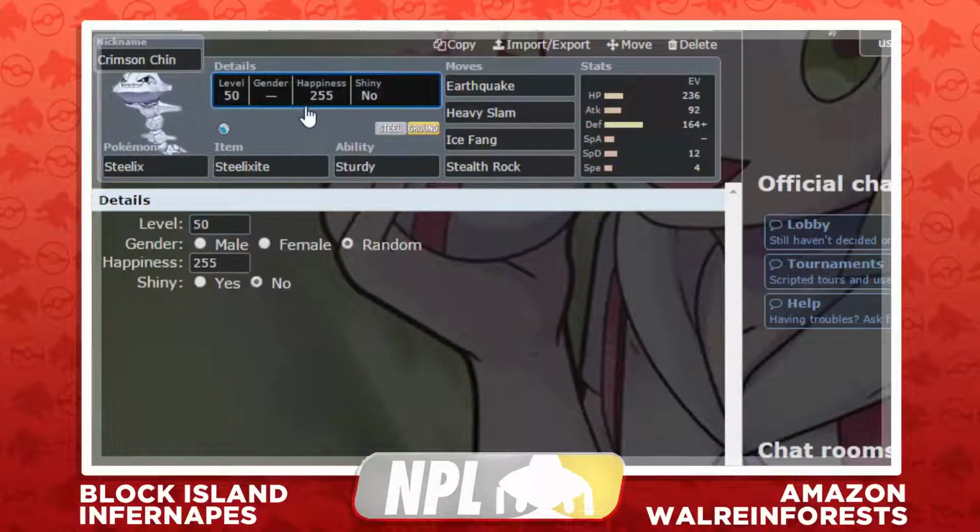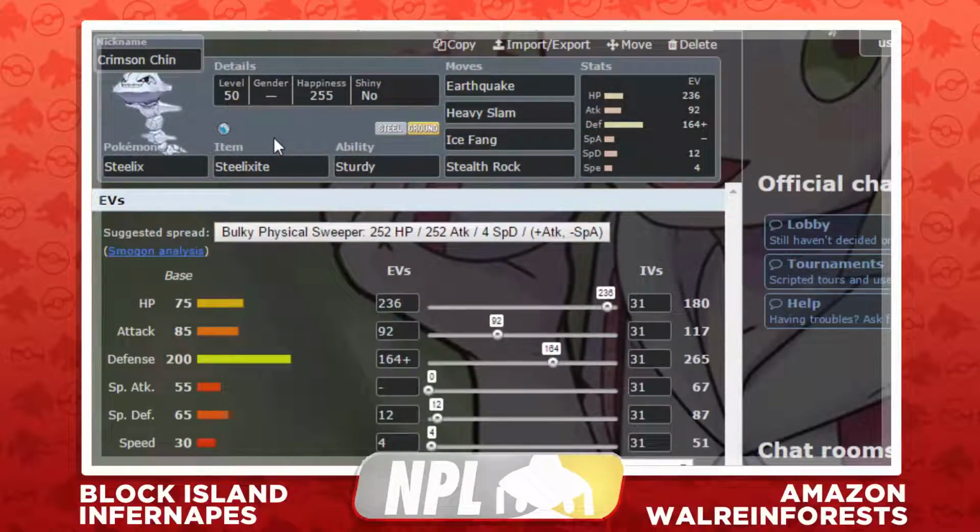Next up, we got Crimson Chin, Mega Steel, because this is our diehard Deontay counter, though it's not just for Deontay, obviously, because his team is not just Deontay. This is also great for things like,